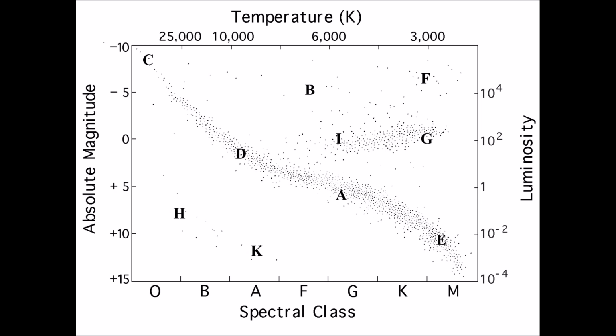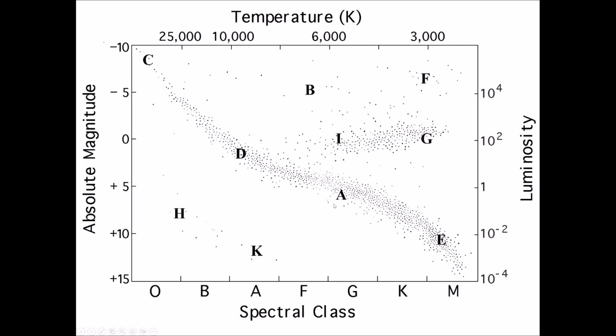Generally, the first thing you want to do on an HR diagram is find the sun. So one of the first questions you could be asked here is, what letter corresponds to the sun? And that letter would be A, right? A, because it has a luminosity of 1. It has a temperature just shy of 6,000 Kelvin. It has a spectral type of G2 and an absolute magnitude of 5.